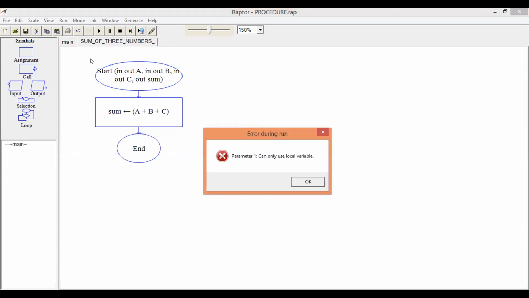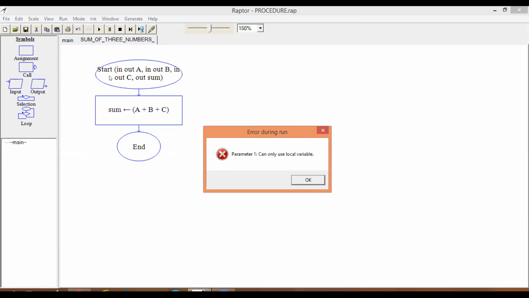Can only use local variable, it seems. Parameter 1 can use only local variable.